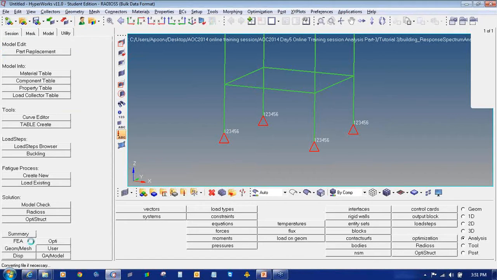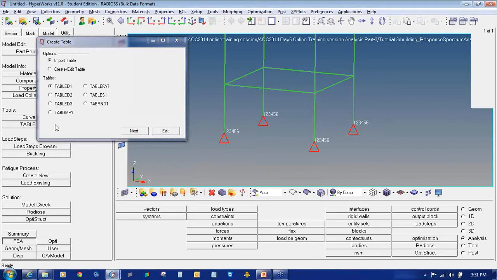Then we will click on FEA and select table create. We will select the create/edit table option.